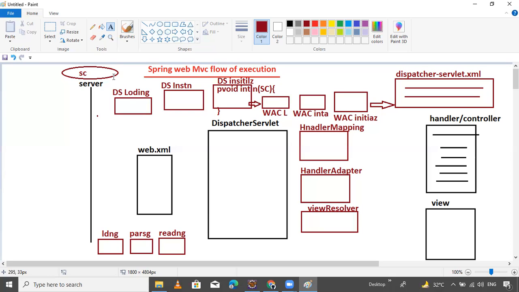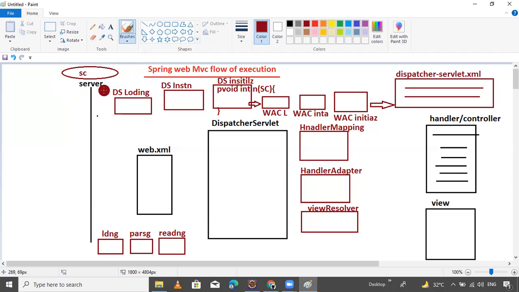Then it creates one separate object for every web application. This object is called the servlet context object.